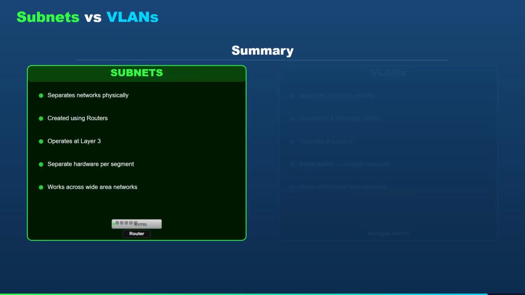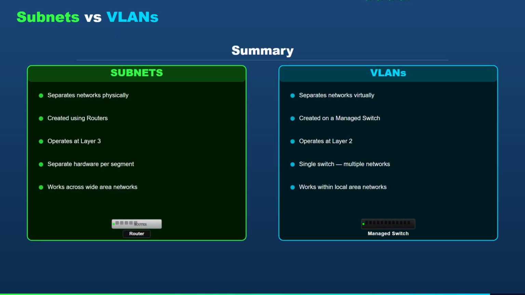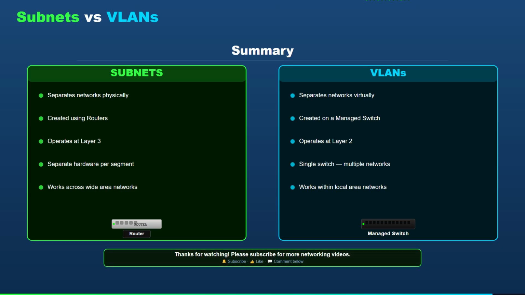Summary. So to summarize, subnets physically separate networks using routers, operate at layer 3, and create isolated broadcast domains with separate hardware for each segment. VLANs logically separate networks on a single managed switch at layer 2, require no extra hardware, and are ideal for separating departments within the same building. Both achieve the same goal: network segmentation, security,